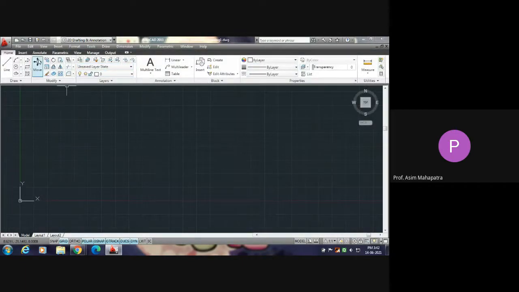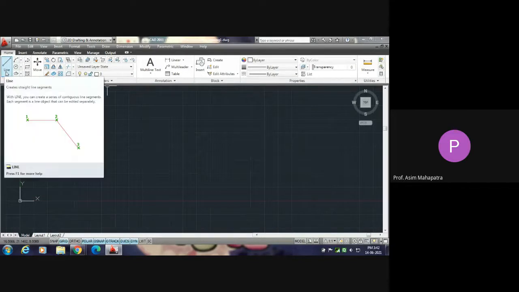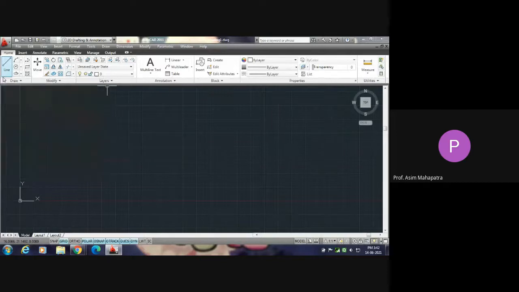So here, after the quick access toolbar, what do we have, sir? Ribbon? Oh, ribbon means the group of commands within that rectangle. This is called the ribbon. Starting from this left-hand portion, can you see the line command written here? Yes, sir.